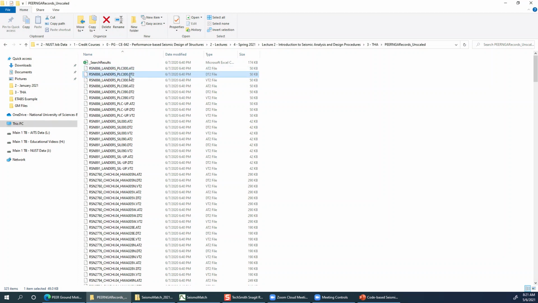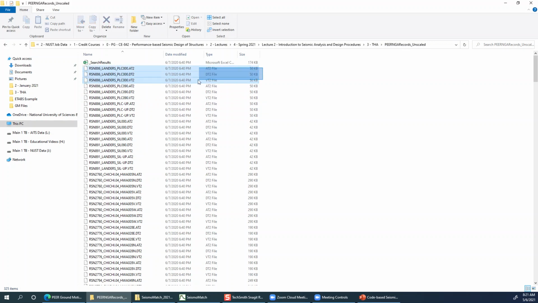Then the second file is .DT2, which means this is displacement time history. And then there is a .VT2 also. This is velocity time history. So you have downloaded the velocity and displacement time histories also.